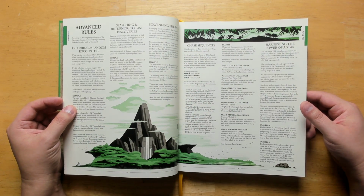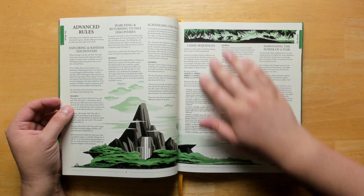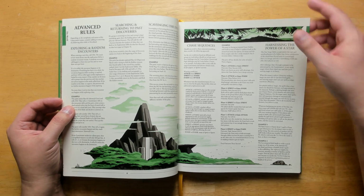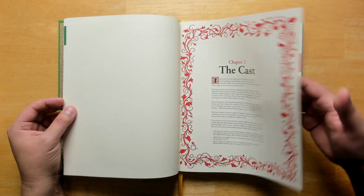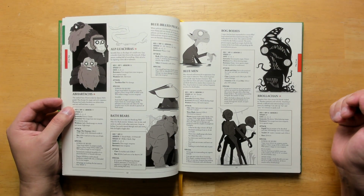We have some advanced rules, including how to run random encounters, searching things, scavenging the dead, running chase sequences, with some really interesting and innovative rules. All of this stuff can easily be yanked out and stuck into your own game. It's all very modular. We get into the cast here, which is a quite large and extensive monster manual, covering